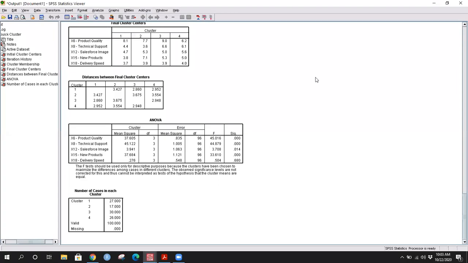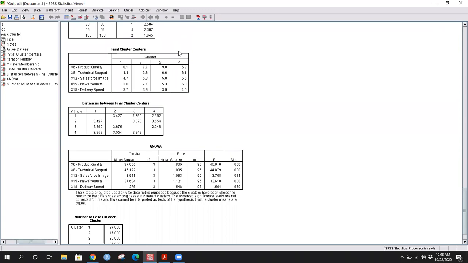Hi everyone. So we are continuing with our lecture series on cluster analysis, and we were on to the k-means cluster analysis in particular. And in that, we were just left with the last two output tables, which are indeed very interesting to be discussed in cluster analysis. So this one being the final cluster centers.